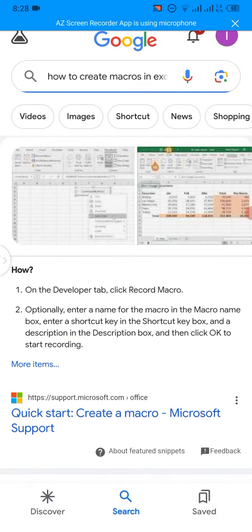तो सर्च करने के बाद कुछ इस तरह का सरफेस आता है गाइस हमारे पास। On the developer tab, click record macro, optionally enter a name for the macro in the macro name box, enter a shortcut key in the shortcut key box and a description in the description box and then click OK to start recording. तो more items यहाँ पे देख लेते हैं इसी वेबसाइट के ऊपर।